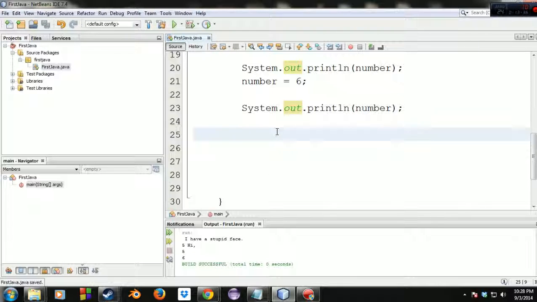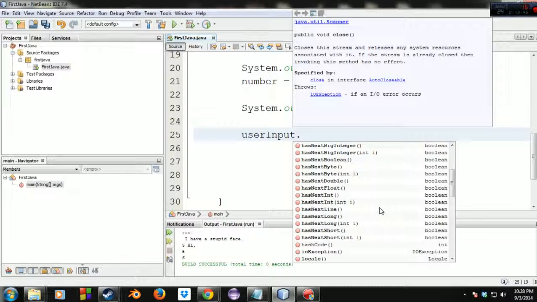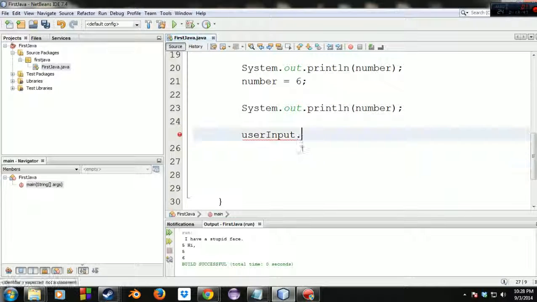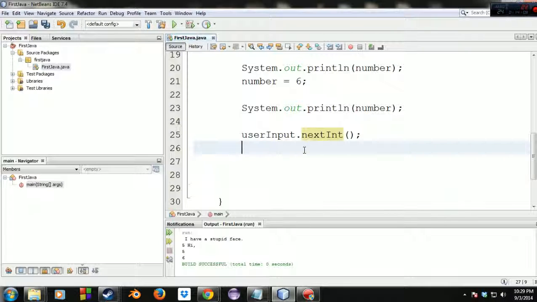So what we have to do is type in userInput dot, what are we going to do? I gotta actually remember what it's called. Let's do nextLine. Actually, no. Let's simplify this, because this will actually lead up to the first assignment. nextInt. Okay, so you see the parentheses? That means we're calling a method on this object that we created from the Scanner, what's actually a class. I'm throwing lots of terms out there. Don't worry about it. Just know that userInput dot is how you access those methods belonging to that object,